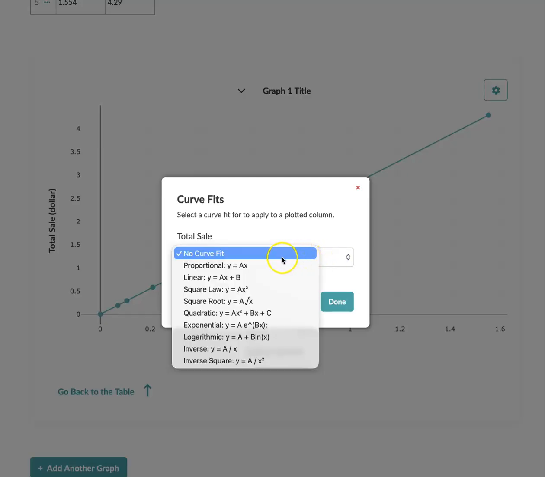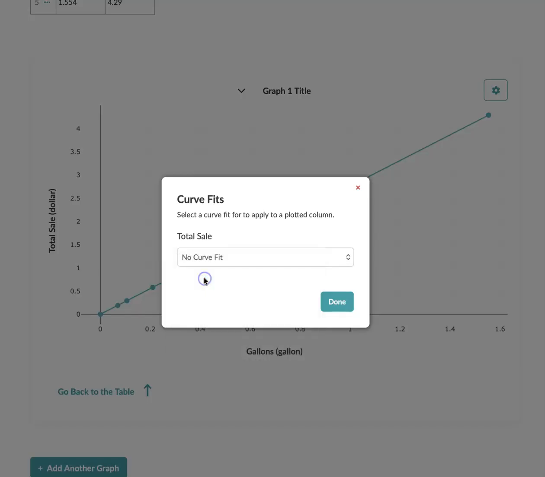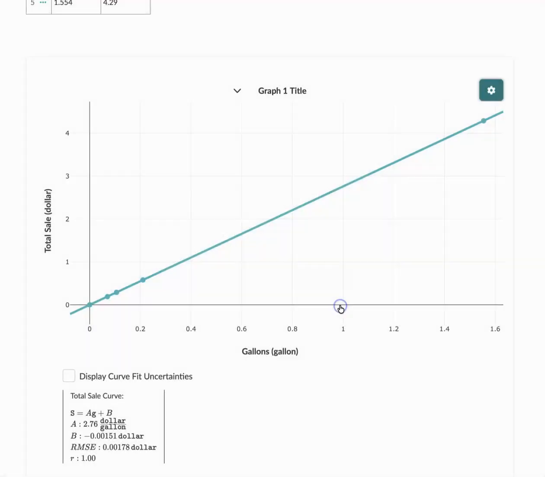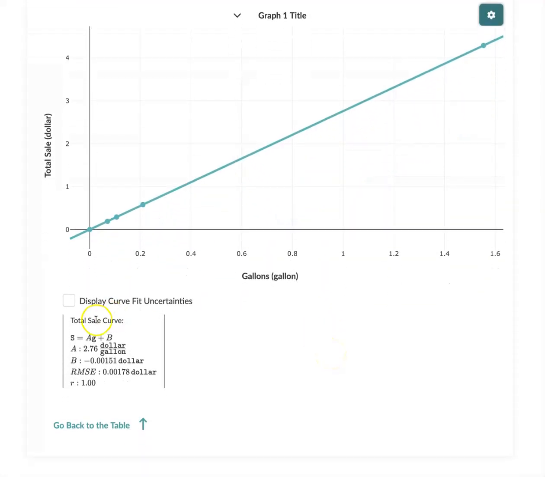I'm going to choose something called linear, because that gives me the equation of a straight line that relates any pair of data points to other pairs of data points. So if I click there and say done, down here now I have